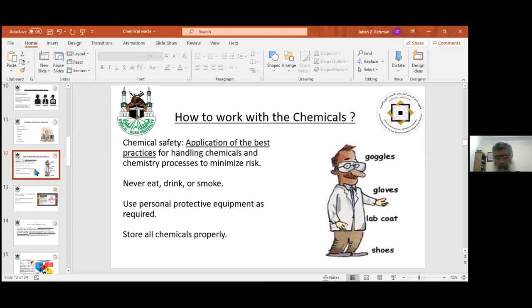Why? This needs a bit of chemistry, but I try to explain in few words. If you put acid into the water, this is the right way. Because when acid comes into the water, it is an exothermic reaction and it will increase the temperature of water. So water gets warm.